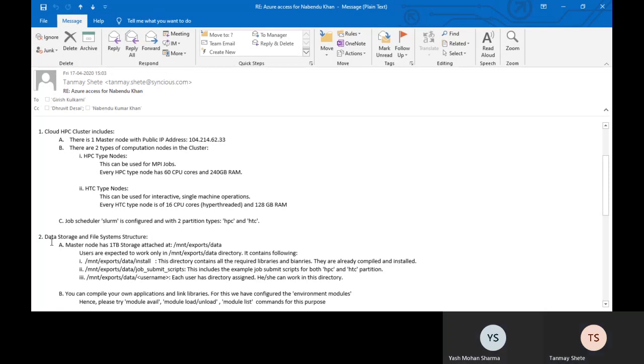Yes. Okay, so I'm highlighting this line, Cloud HPC cluster includes. Can you see this? Yes, sir. Right? So have you used an HPC cluster until now? No. Okay. So typically, I recommend you see how an HPC cluster looks.